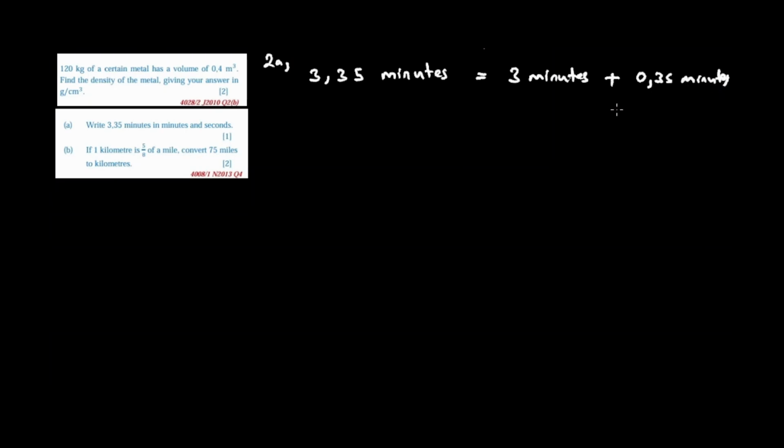But since once to convert from minutes to minutes and seconds, so kuti part ya 3 minutes yatova okay. Chatakuda ku convert is 0.35 minutes to seconds. So togona kuti converting 0.35 minutes to seconds